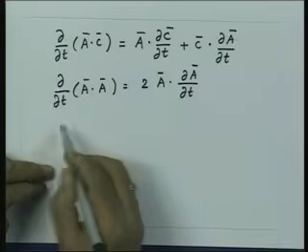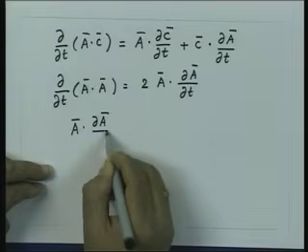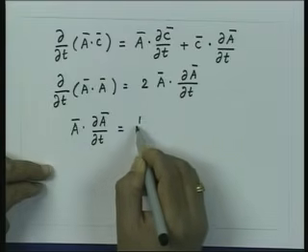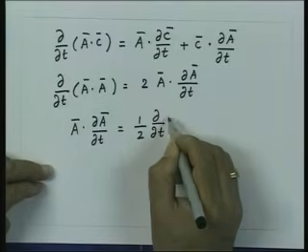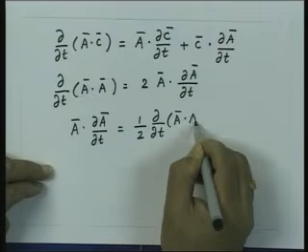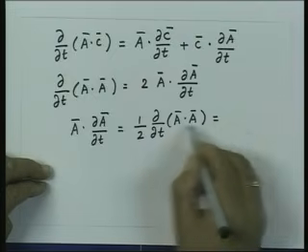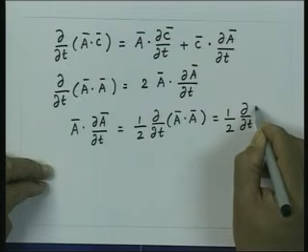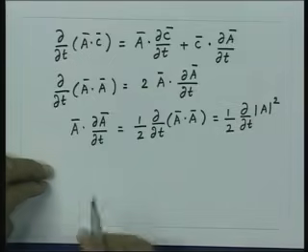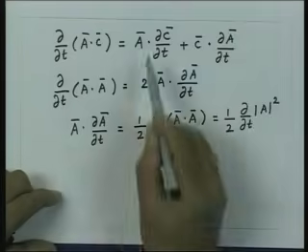So, from here essentially we get A dot dA by dt is equal to half into d by dt of A dot A, which is nothing but mod of A square. So, this is half d by dt of mod A square. So, we can make use of this relation for